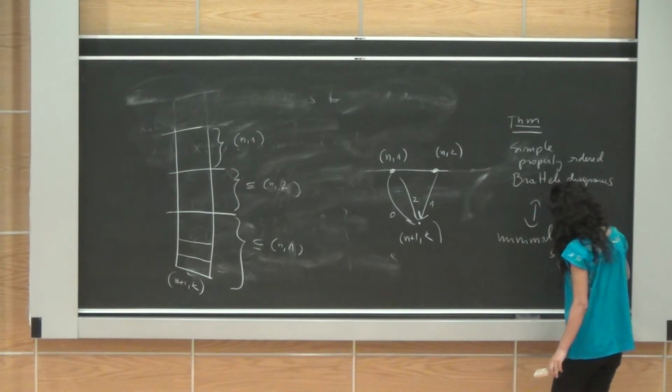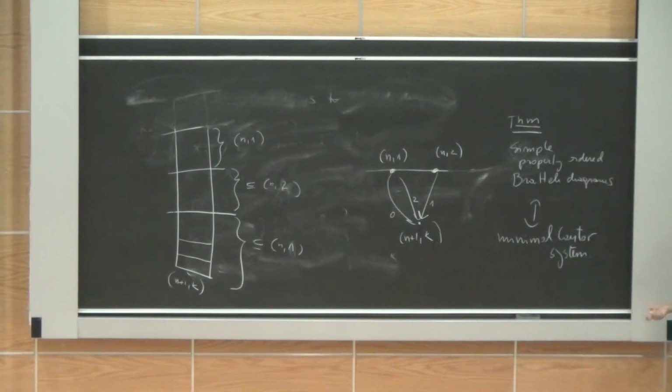But another thing that I didn't say, there is not only one Bratteli diagram for each system. So for example, if you take a telescoping of the Bratteli diagram B, and if you keep the order, you get something which defines the same system. So there are many representations for the same system. But every time that you have a simple, properly ordered Bratteli diagram, you have a minimal Cantor system, and the converse is true. And for example, in the example that I gave you yesterday,